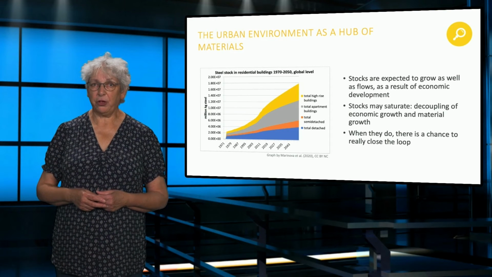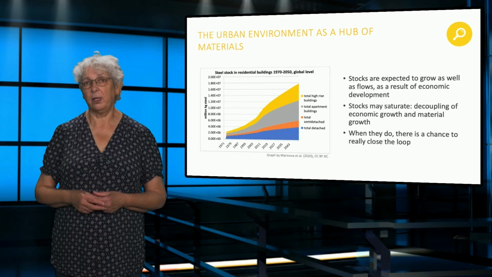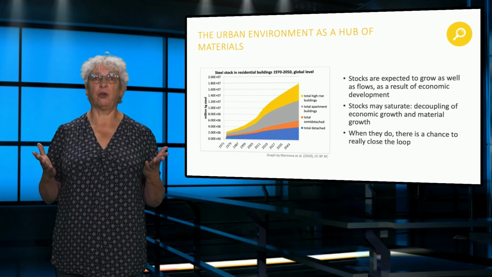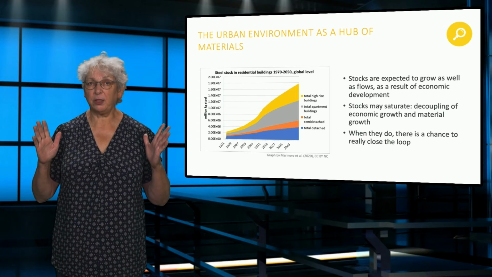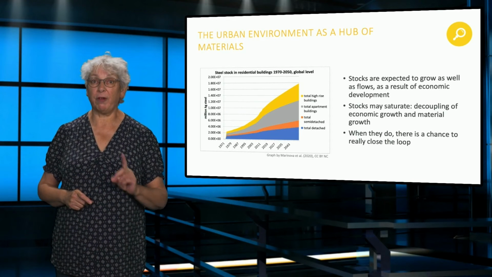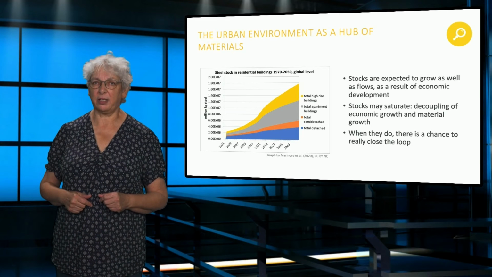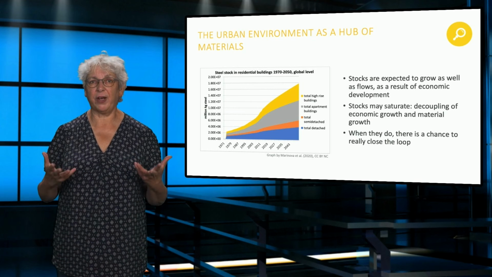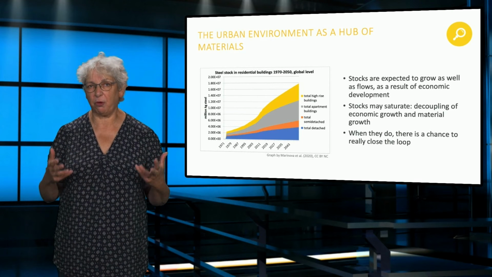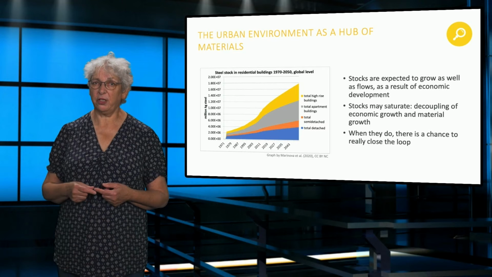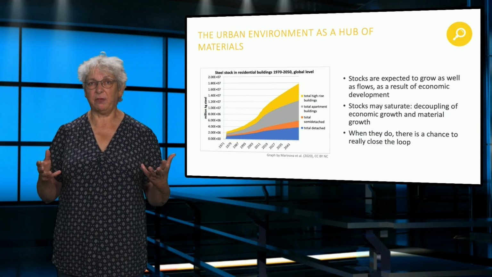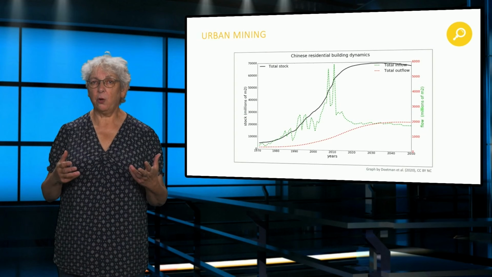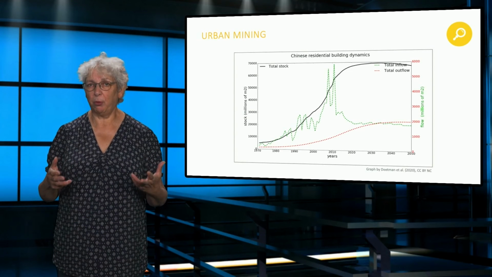The picture next to me shows a forecast of stocks of steel in residential buildings until 2050. It can be seen that these stocks will keep on growing, but not exponentially. The fastest growth is already behind us, the build-up of China's infrastructure. That development has dominated the global picture because of its very large scale and its very fast progressing. Other countries are still to come, although it's not expected they will develop as rapidly as China has. This slowing down of stock growth is important.